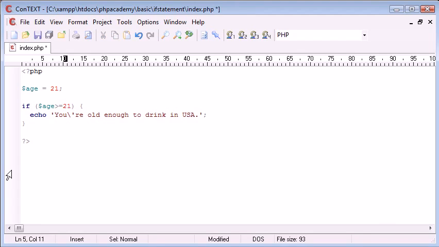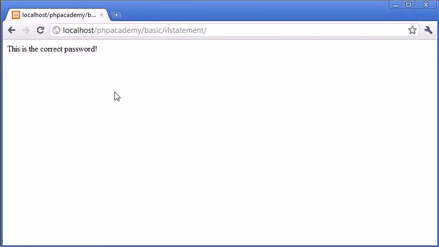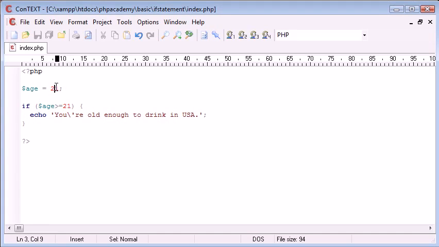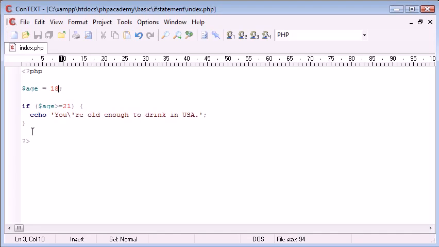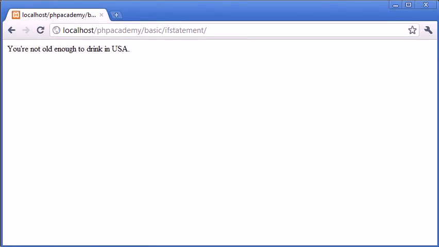greater than or equal to. Now we don't need to use a double equals, we can just say greater than or equal to. This basically means if it's greater than or equal to, so simple. Now if I was to refresh now, you're old enough to drink in the USA. What if I was to change this to 18? Refresh, nothing. Now what I want to do is say else echo you're not old enough to drink in the United States of America. Absolutely fine. Let's cancel that out again. So I'm going to refresh now, and it's going to tell me you're not old enough to drink in the